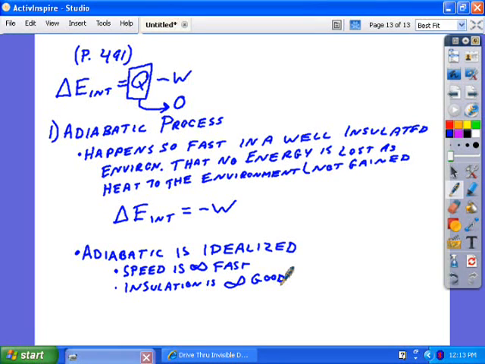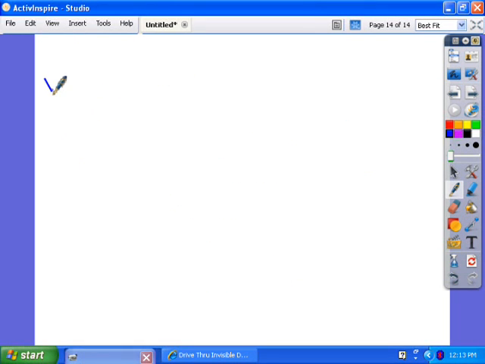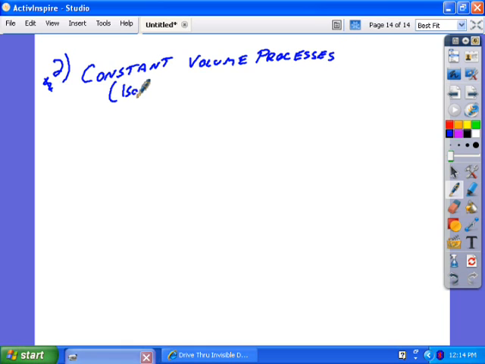Okay, so this is special case number 1. Special case number 2. All right, special case numero 2. In special case number 2, we've got constant volume processes. All right, in a constant volume process, otherwise known as an isometric or an isochoric process,